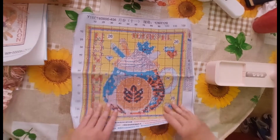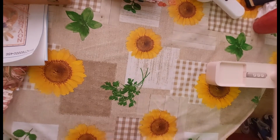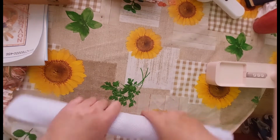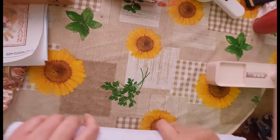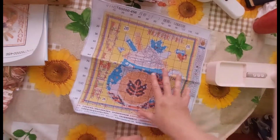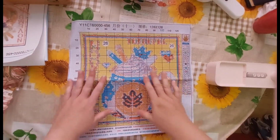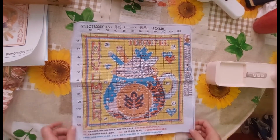So, it's a bit more wrinkled, this one, but that's fine because, as I said, after you finish stitching it, you wash it to get rid of the stamp, the print, and then you can iron it on a very low heat, on the back of the stitching, not the front, because you might fray or burn some of the floss. Although I try not to, I don't really like ironing any of my work, to be honest with you, diamond painting canvases or anything like that. I'd rather just leave it and let it settle. So yeah,